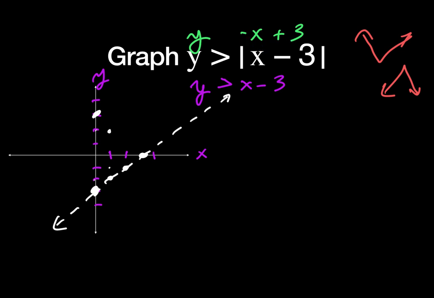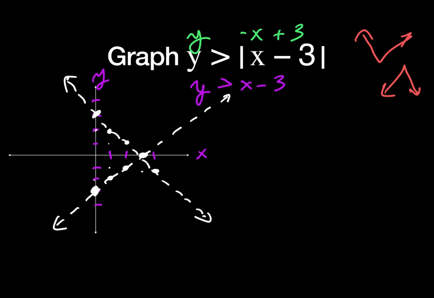Down 1 over 1, down 1 over 1, down 1 over 1, down 1 over 1. Dashed line as well. That's not as straight as my other one was. And then I recall that the absolute value function is a v. And since it's a positive out in front of the absolute value, it's going to be an upward facing v. If there were a negative sign outside of the absolute value, it would be a downward facing v. So I look at my graph and say, well, my upward facing v is here,